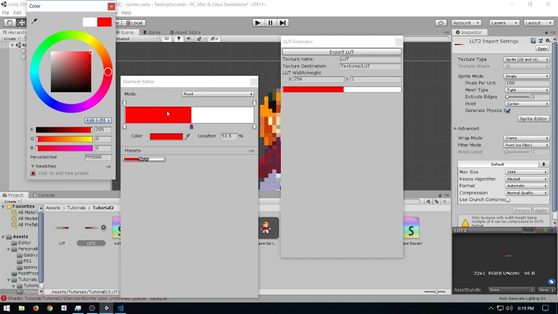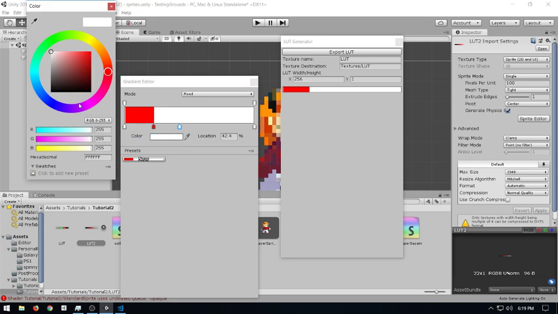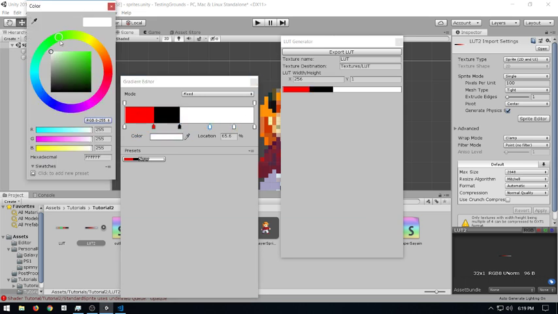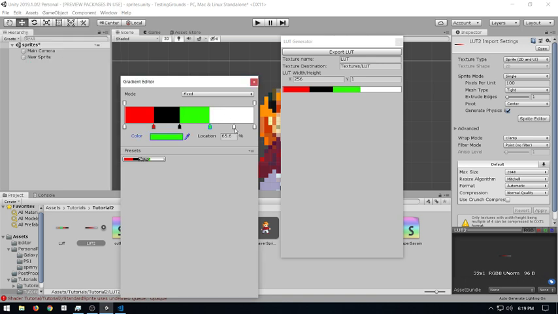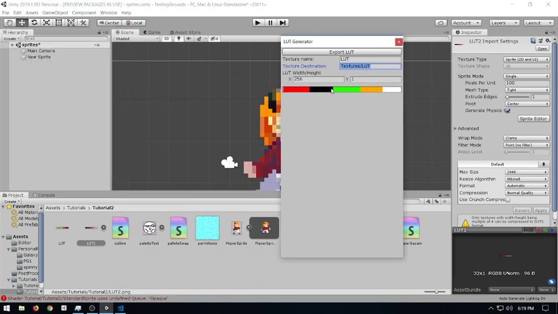Which means that we can say, I want a red, and let's say from value X to B, we want it to be black, and from value Z to D, we want it to be something else. Yeah, that's our lookup table. And let's save it under